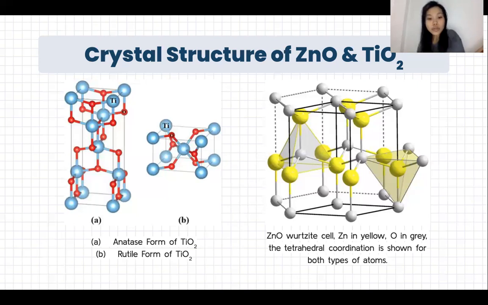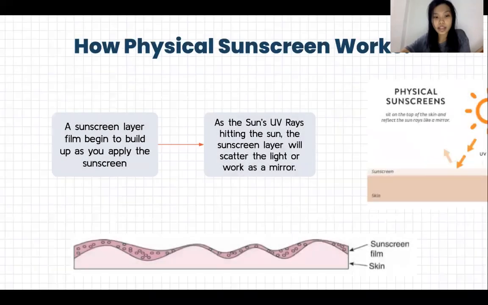nanoparticles of titanium dioxide are commonly used in sunscreen, and it is partly because the particles are so small. Like I said before, nanoscale titanium dioxide doesn't reflect visible light and absorbs UV light, allowing for a transparent barrier that shields the skin from harmful solar rays. Okay,